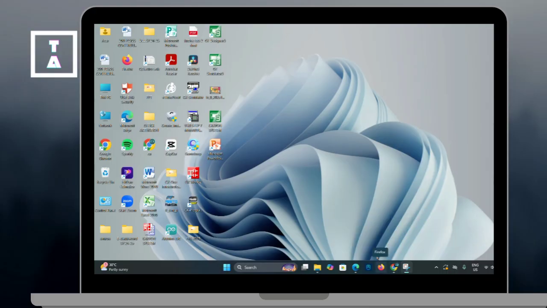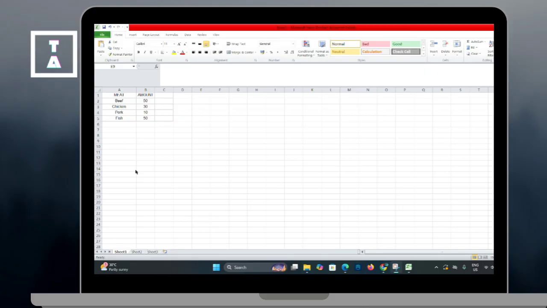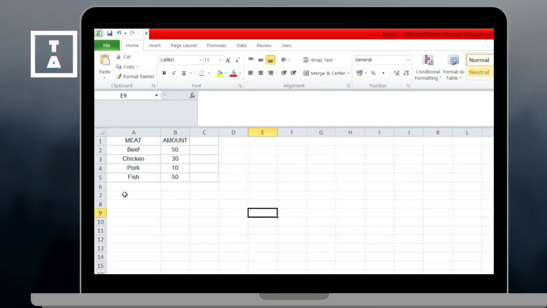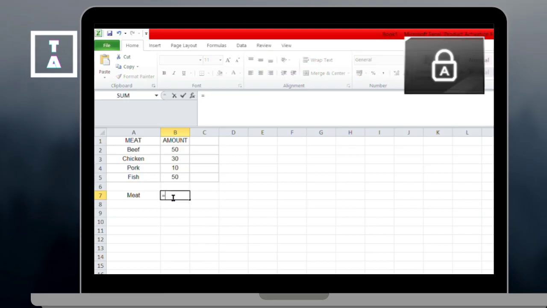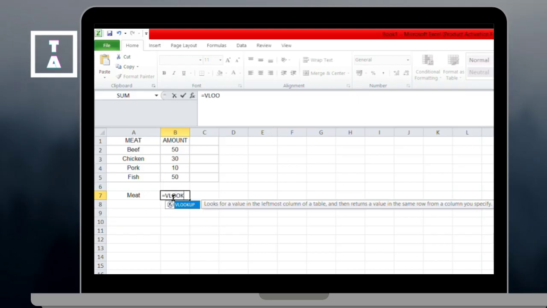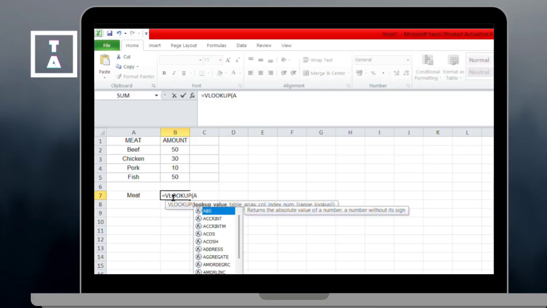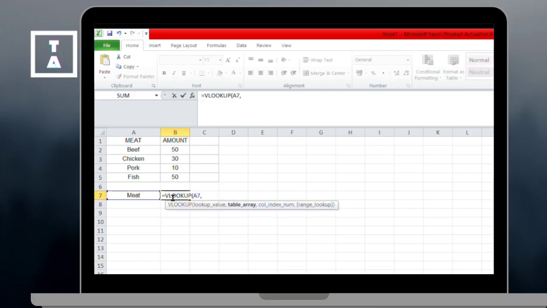Let's get started. First, open your Excel spreadsheet and make sure that your data is organized in a table with headers. Click on the cell where you want the result to appear and type equal VLOOKUP and select the value you want to look up, type comma, then select the table range where Excel should search and type another